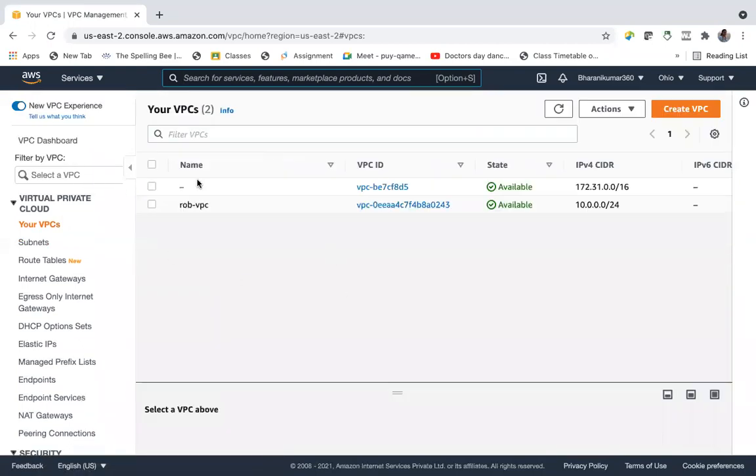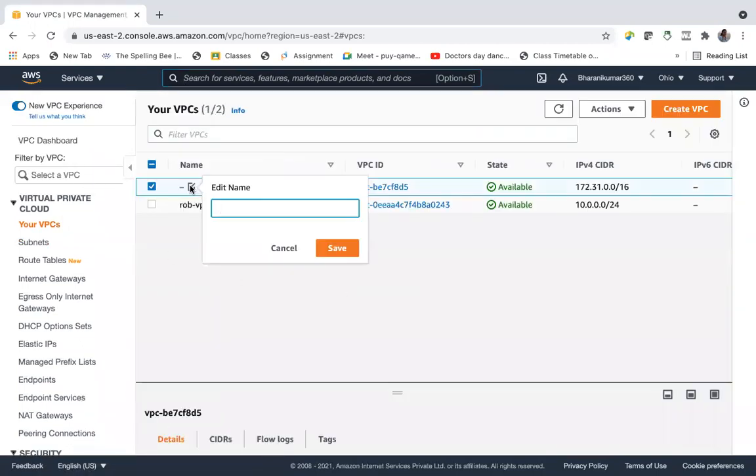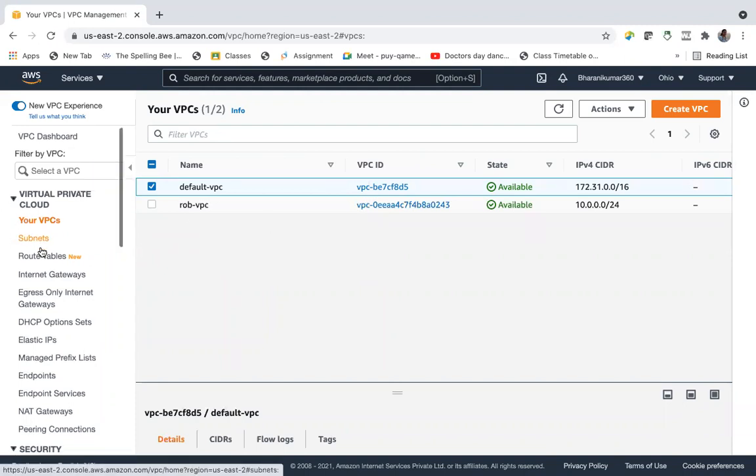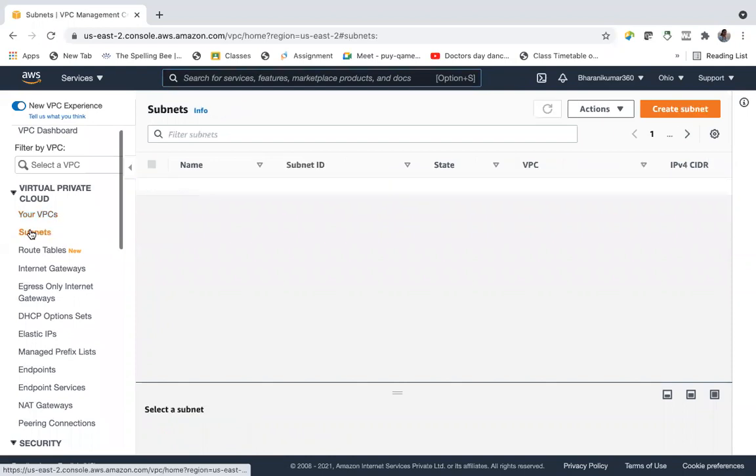Yeah, here. And let us call this as default VPC. And create subnets.